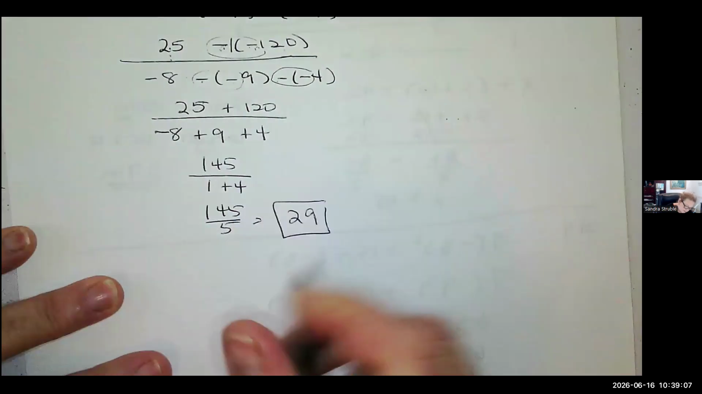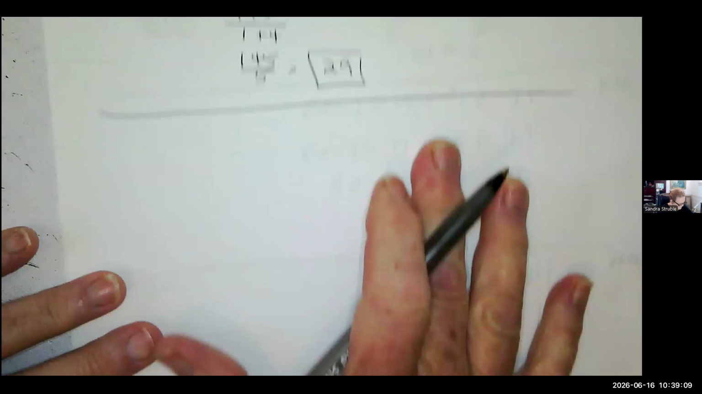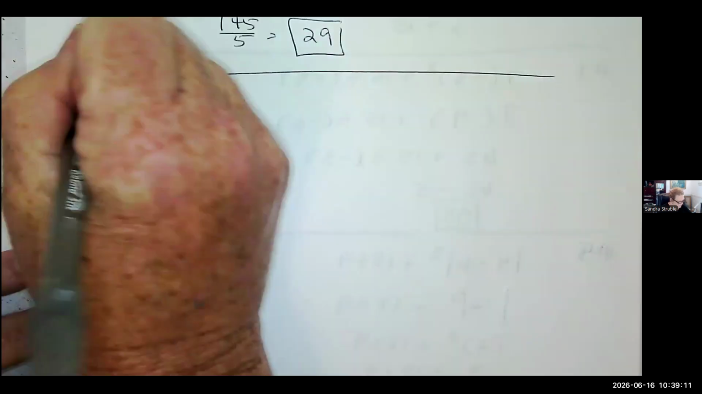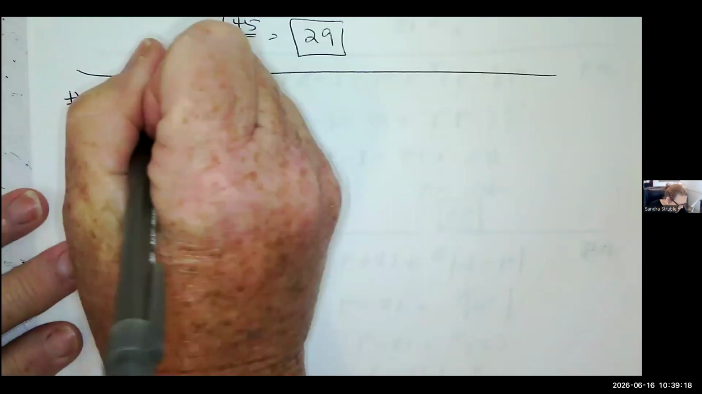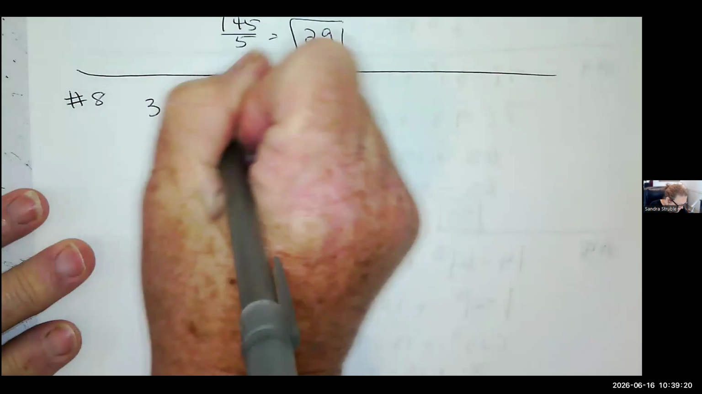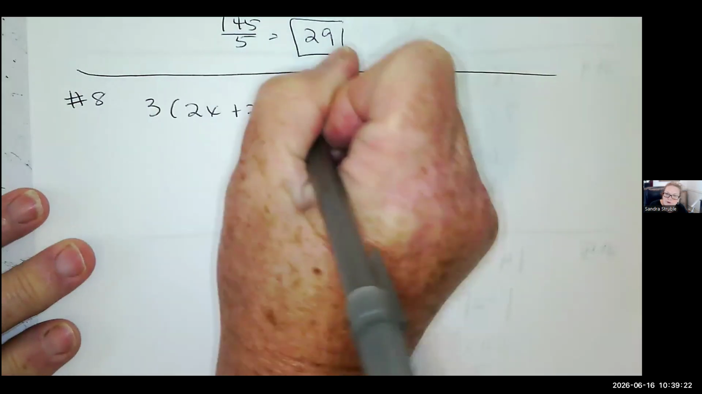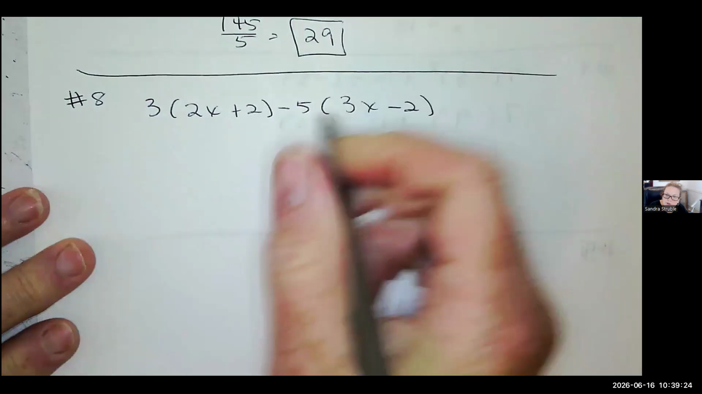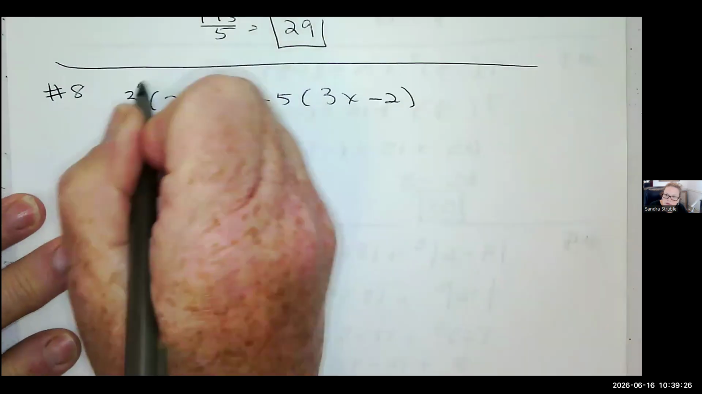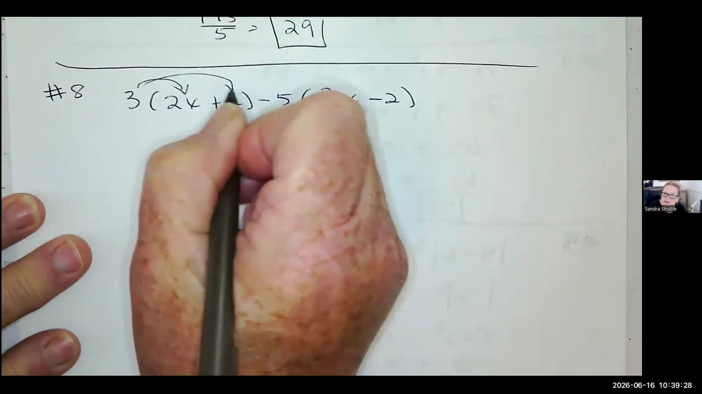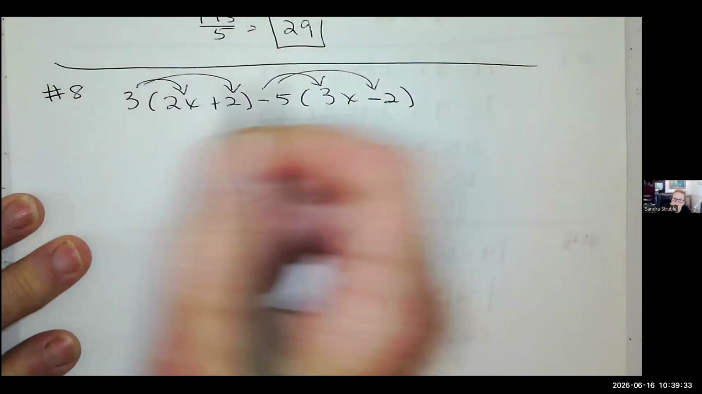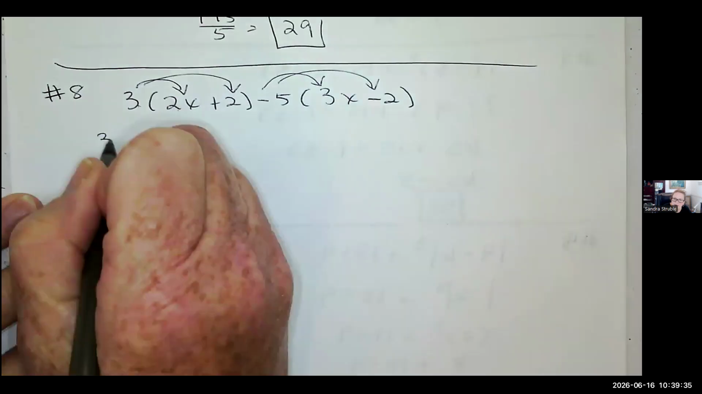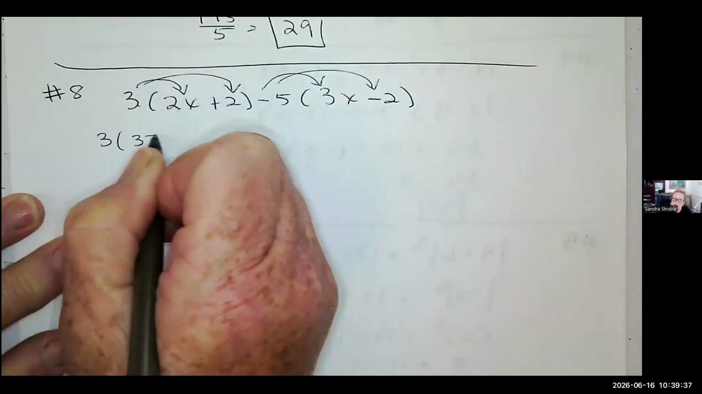Now let's go to 8. So 3 times 2x plus 2 minus 5 times 3x minus 2. So for these, you need to be able to distribute, and then combine like terms. 3 times 2, so this is going to be 3 times 2x. Oh, sorry. Plus 3 times